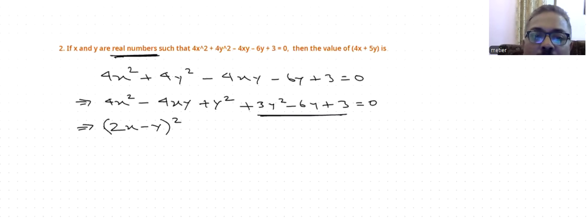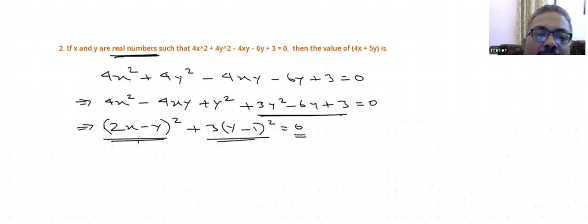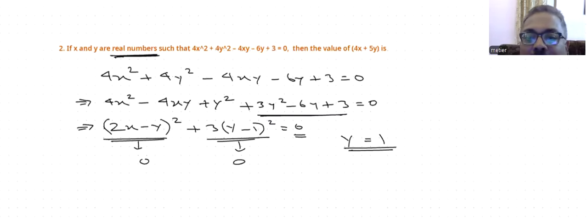So we can easily write down 3 into y minus 1 whole square. Now, the sum of two real perfect square numbers is 0. It is only possible if individually they are 0. So we get the solution for y. y is 1, then only the second part will be 0. And now if y is 1, the first part will be coming as